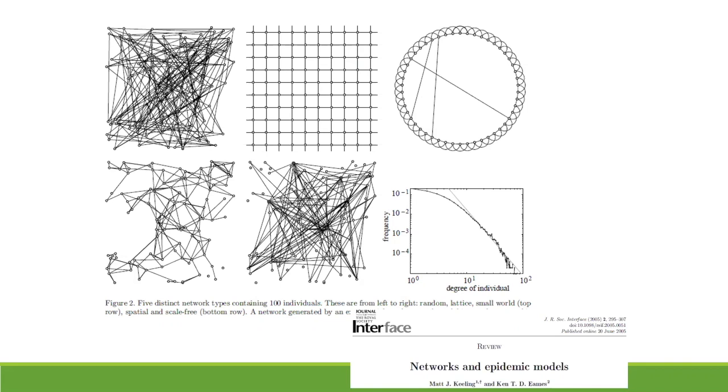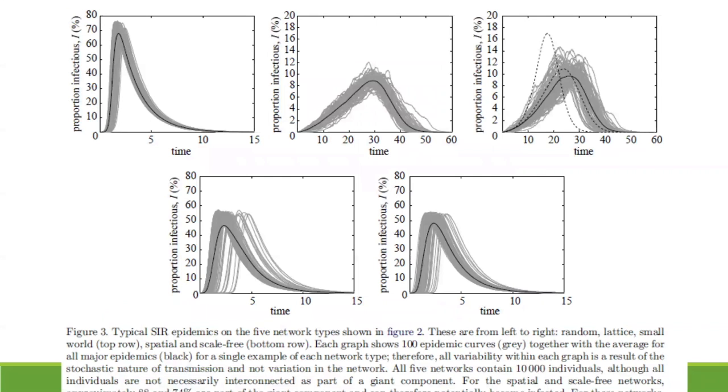And then what they did is they just simulated a very simple epidemic over this. So this is nowhere near HIV-level complexity, but you can see that for those 5 different structures, we get very different epidemic patterns, right? What's the peak? This is the percent of the population that's infectious at any given time, right?